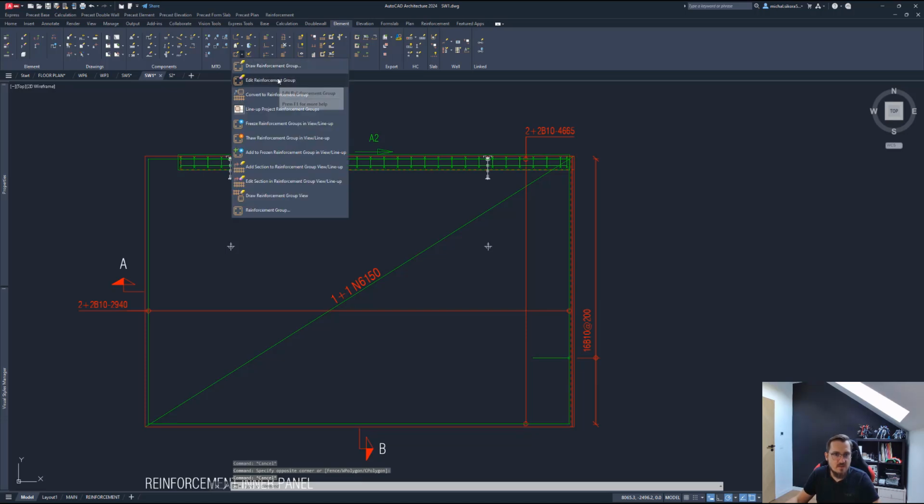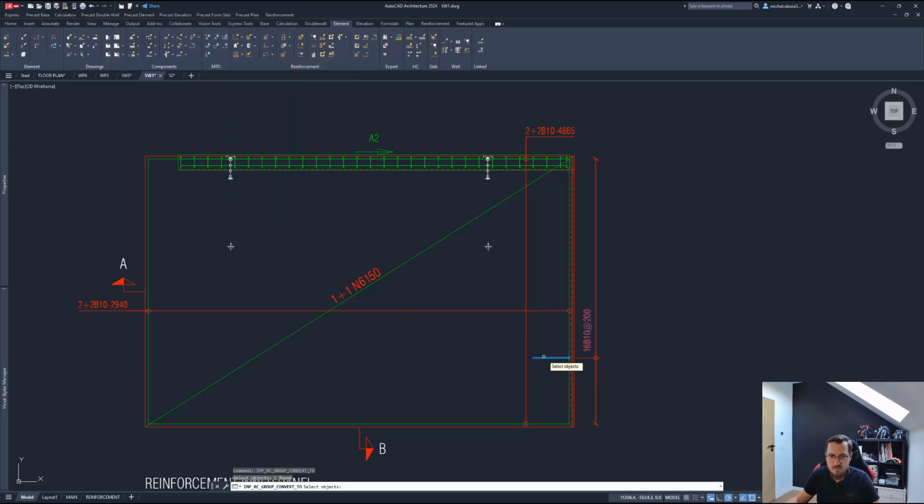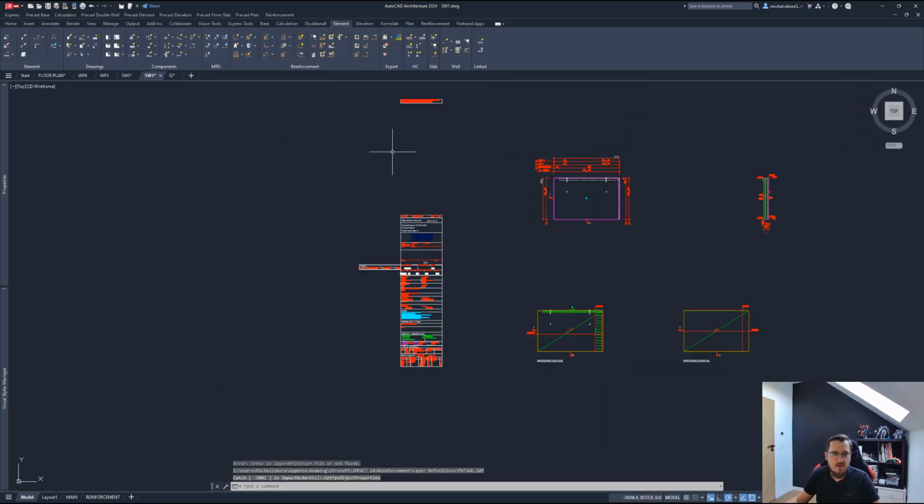So let's convert reinforcement to a group, right? Let's leave that like that. And I can again refresh the drawing and the material takeoff. Here's the material takeoff. I'll zoom in once the drawing updates for us with that group visible, and I'll go ahead and also create a 3D view of the reinforcement for you,